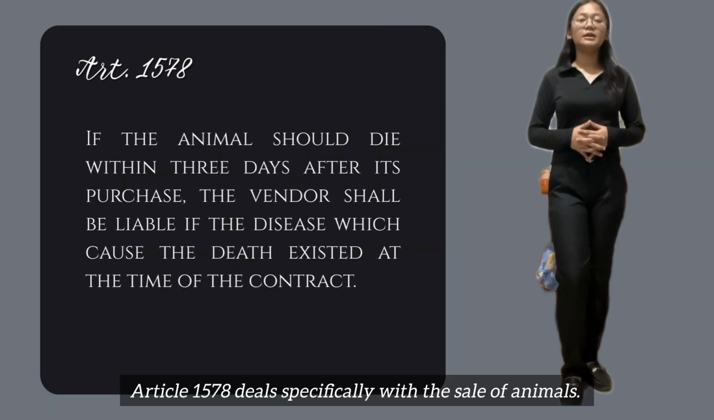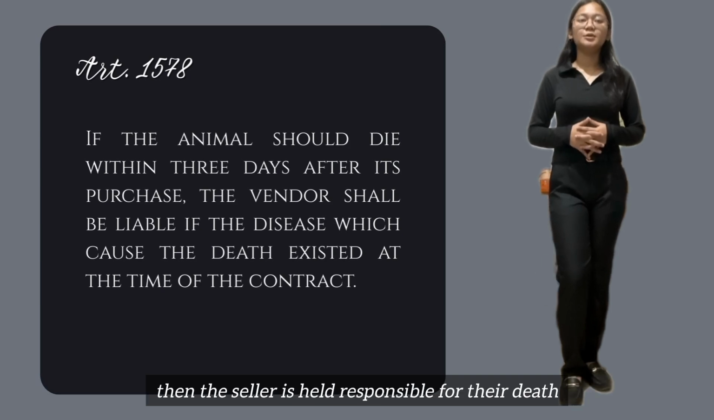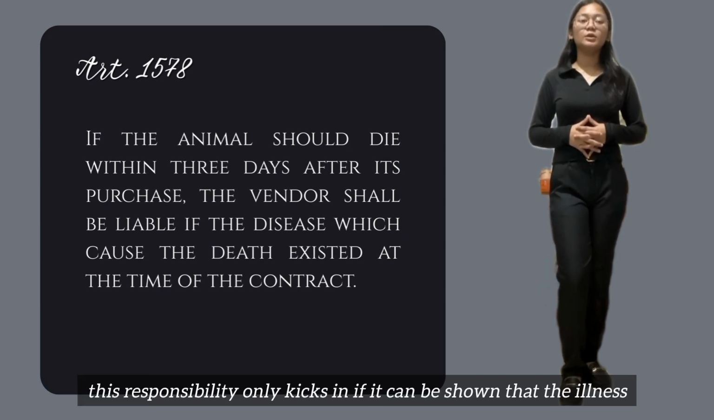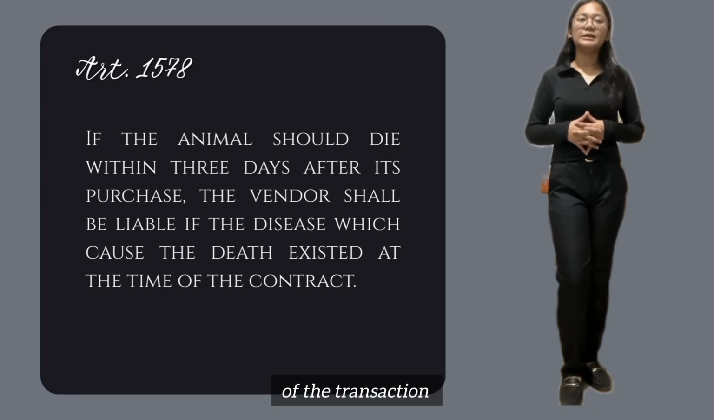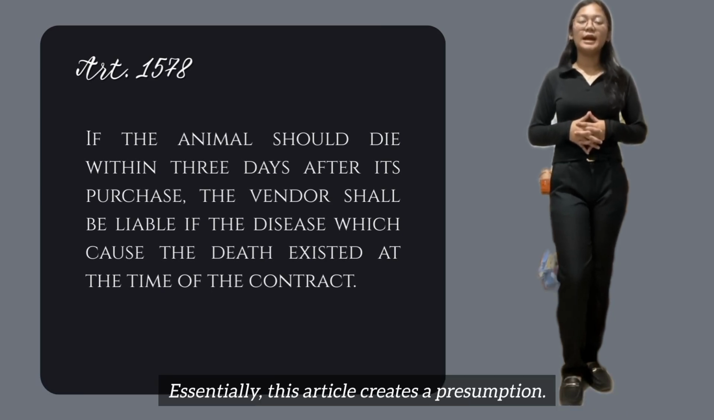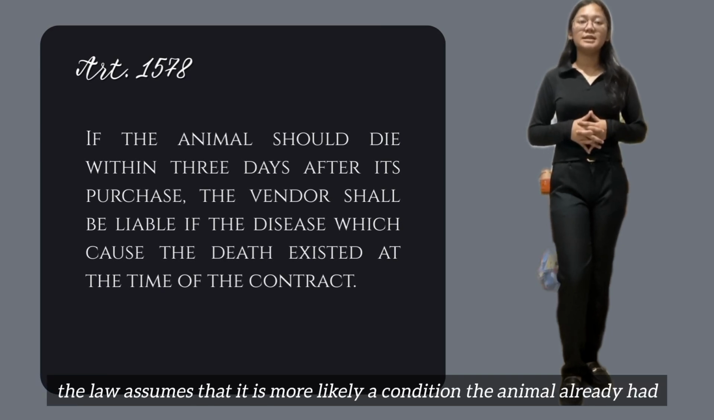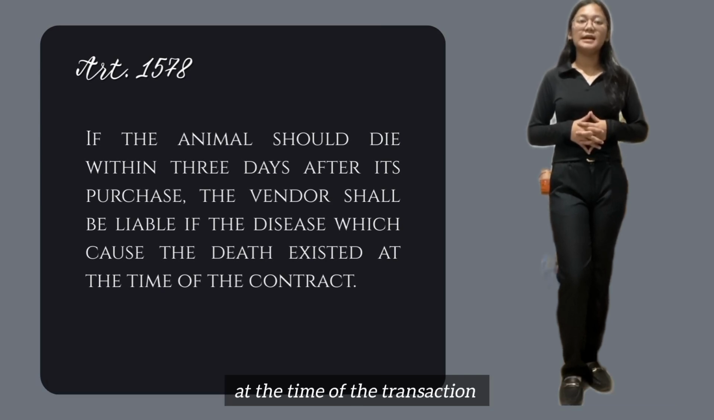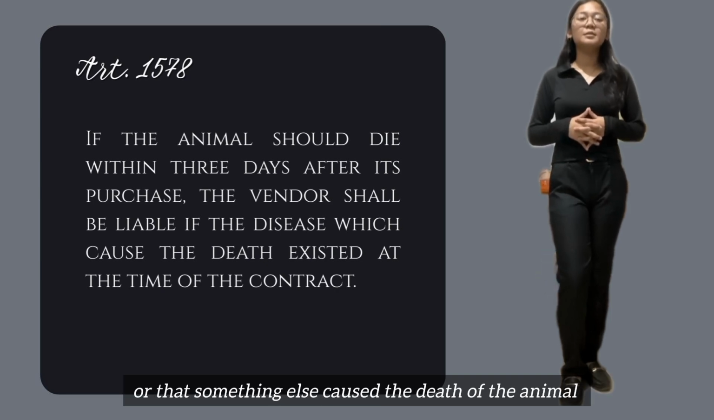Article 1578 deals specifically with the sale of animals. It's stated there that if a purchased animal dies within 3 days, then the seller is held responsible for their death. This responsibility could only kick in if it was shown that the illness that caused the animal's death was already present at the time of the transaction. Essentially, this article creates a presumption that if a newly bought animal dies within 3 days, the law assumes that it is more likely because of the condition that the animal already had at the time of the transaction. This makes it the seller's job to prove that the animal was sold healthy or something else caused the death